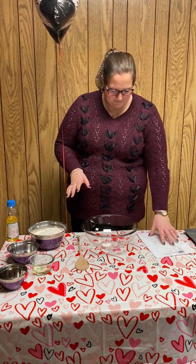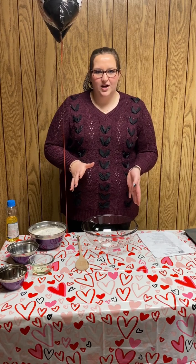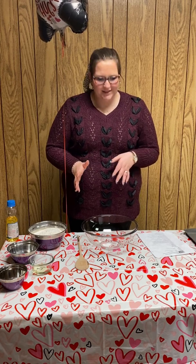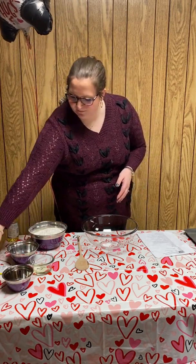Which is February, and today we are focusing on heart-shaped homemade pretzels. So, the ingredients that we need for today include 1.5 cups of warm water at that 110 degrees Fahrenheit mark, so this will help proof our yeast. 2 tablespoons of brown sugar, 2 teaspoons of quick rise or rapid rise yeast,